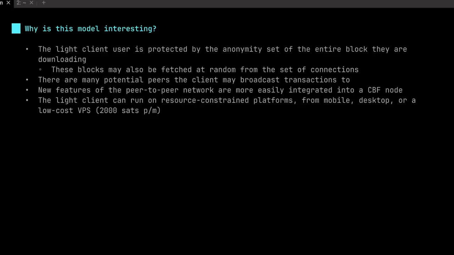And finally, I think the most interesting, the light client can run on resource-constrained platforms: mobile, desktop, or even a low-cost virtual private server, on the order of a couple gigs of storage and not too much RAM, and something that is just kind of always on and in the background. And we'll get into that model later and why I think it's cool and people should build towards